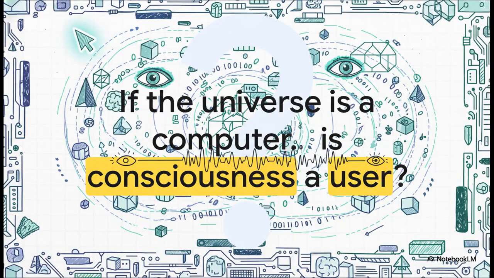So that brings us to our final and maybe most profound question. If any of this is true, if reality really is a geometric computer that's running on an ancient mathematical code, then what does that make us? What is consciousness in this system? Are we just complex programs running on the hardware? Or could we be something more? Could we be the users,